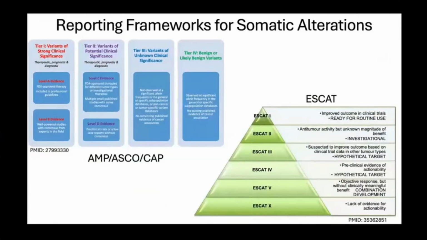There are some real differences in opinion about how to interpret and report somatic genomic findings in tumors. The major published frameworks are the AMP, ASCO, and CAP criteria in the US, and the ESMO Scale of Clinical Actionability for Molecular Targets, or ESCAT, in Europe. Both frameworks are similar in that they are primarily based on clinical actionability. For example, the AMP framework involves grading variants on a scale of 1 to 4, with 1 being variants with the highest level of clinical actionability